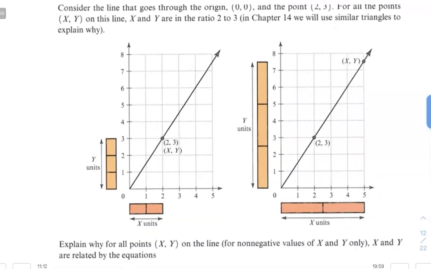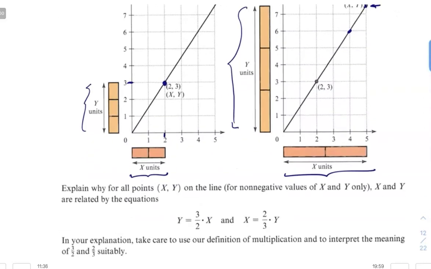Okay. So if you're looking at this ramp, this line, it goes through 2, 3, right? So we have our x units and our y units. And this point, whatever this point x, y is, it also is in a ratio of 2 to 3, where both of the axes were stretched a little bit. So explain why for all points x and y on the line, for non-negative values of x and y only, x and y are related by the equation